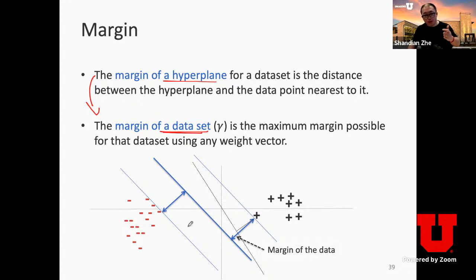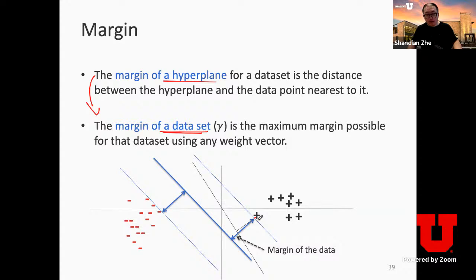So take this particular data set again as an example, right? We know that this data set can be separated by many different hyperplanes, right? Obviously different separating hyperplanes will have different margins. Like this dashed blue line, the margin is quite small, because it's very close to this particular positive example. And this dashed black line, its margin is much bigger because the distance between this positive example and this hyperplane is